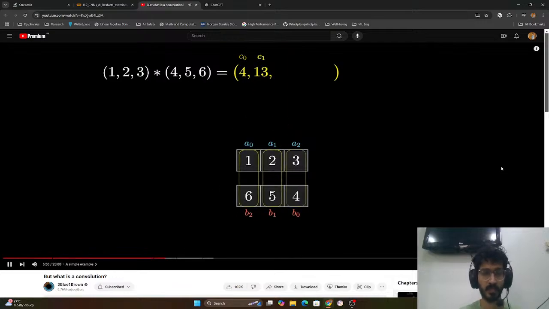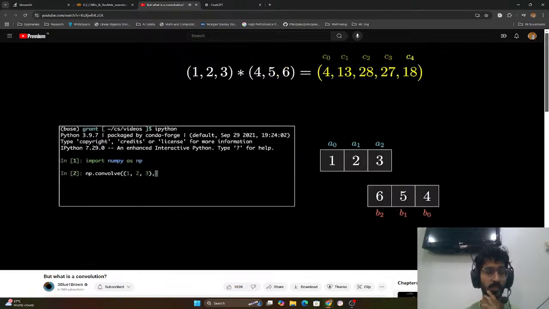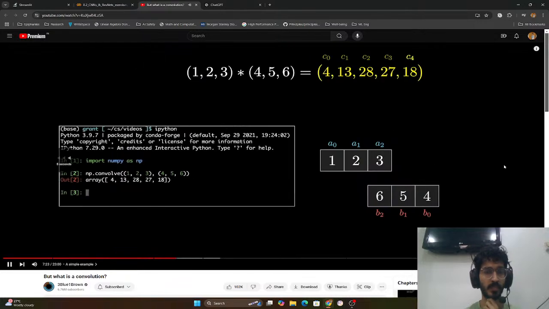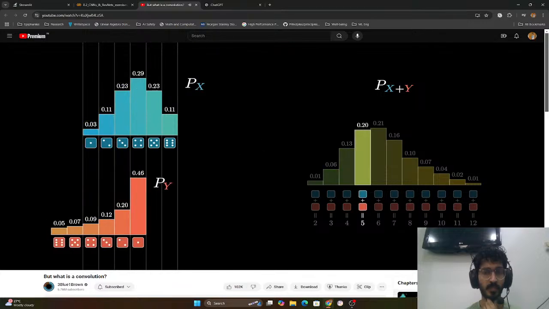Slide things over once more, and we'll take 1 times 6 plus 2 times 5 plus 3 times 4, which finally the last term will look operations, and you can confirm I'm not lying to you. If you take the convolution of 1, 2, 3 against 4, 5, 6 probability distributions, both that you'll get. We've seen one case where this is a natural and desirable operation, adding up two probability distributions, and another common